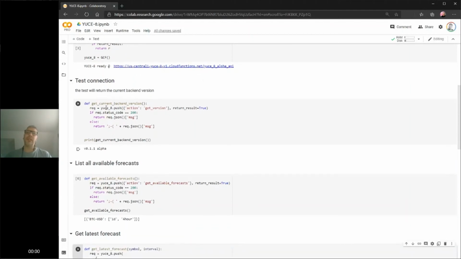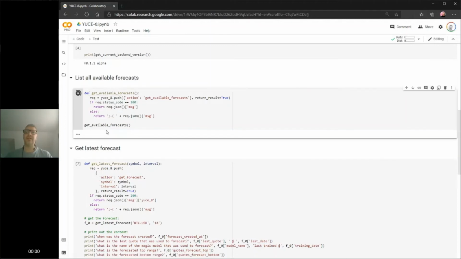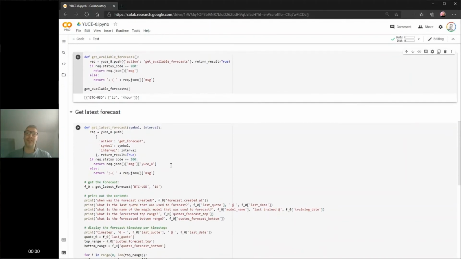And once we tested the connection, we can have a look what are the available forecasts which are in that community edition. And you see that the available forecasts are Bitcoin on 1 day and for our closing prices. Yeah. So this is the asset which we can or which you can test.